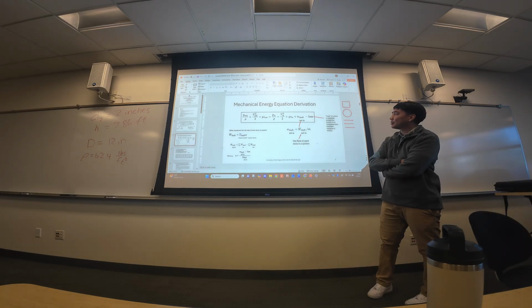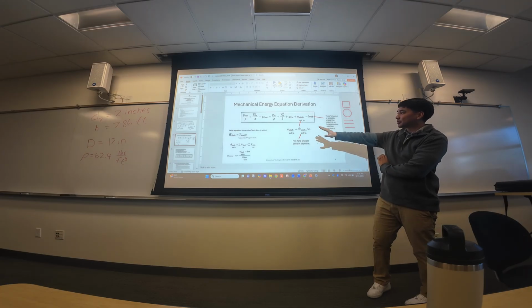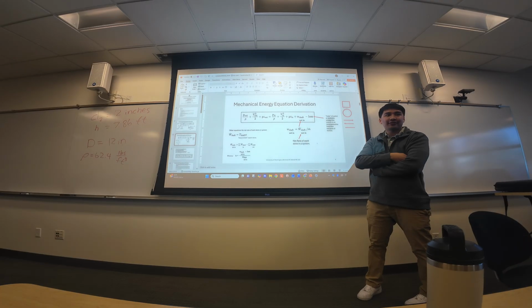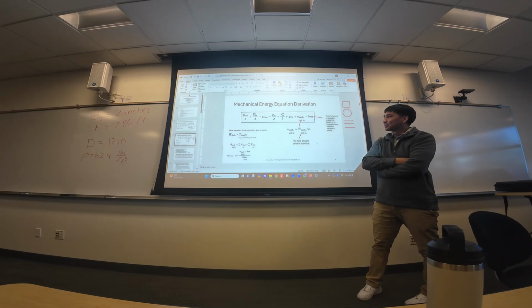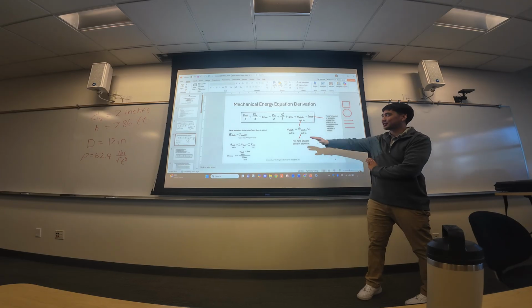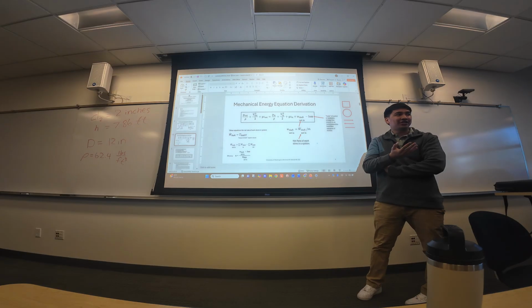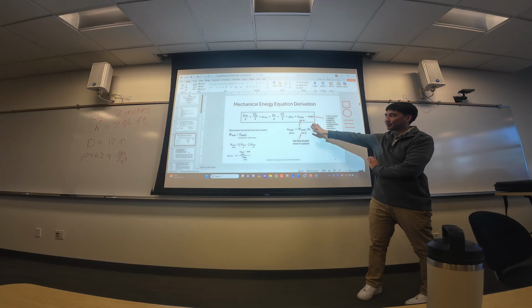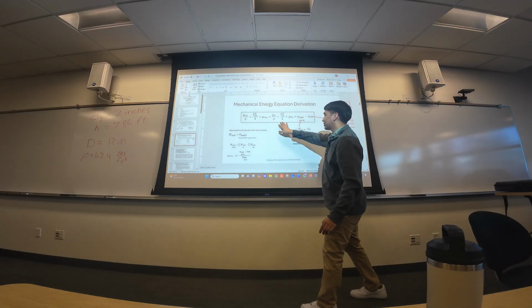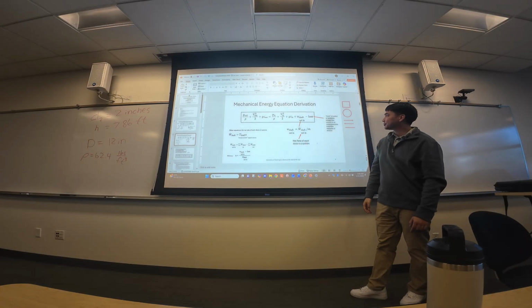Okay, so now we get to the equation that we want. It's the same as the previous, but now they're adding in this work shaft in. So most of the problems you're going to have in your homework, this is just going to be equal to 0 because you don't have a shaft in there providing work for you. So most of the time it'll be 0, but this is the full equation you'll see in the textbook. Okay, but this will cancel out in your homework.